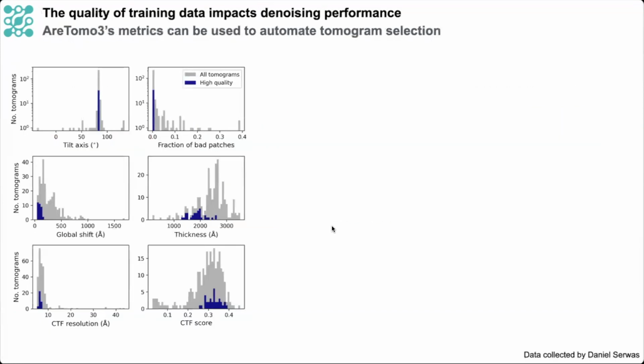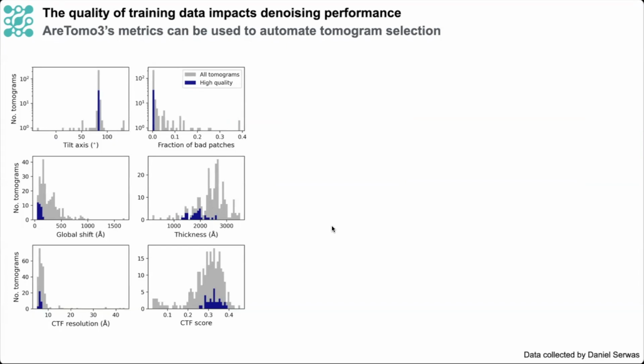I wanted to provide a detailed explanation of how we generate our training data because empirically we found that the way we pre-process our data really matters and can significantly impact the quality of denoising we're able to achieve. One way we've observed this is through data curation. From the start, we've selected training data based on the assumption that training with the highest quality tomograms would yield the best results. Initially, we performed this curation based on visual inspection, but now we leverage the quality metrics from Artoma 3 that I described earlier. This has made the curation process not only more objective, but also feasible for large data sets, like this data set of a few hundred tomograms of purified lysosomes that we're looking at here.